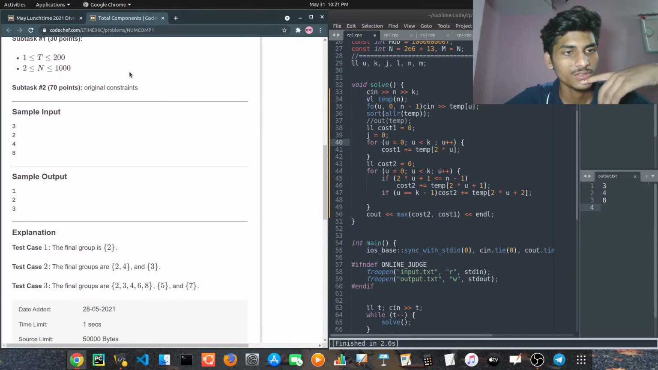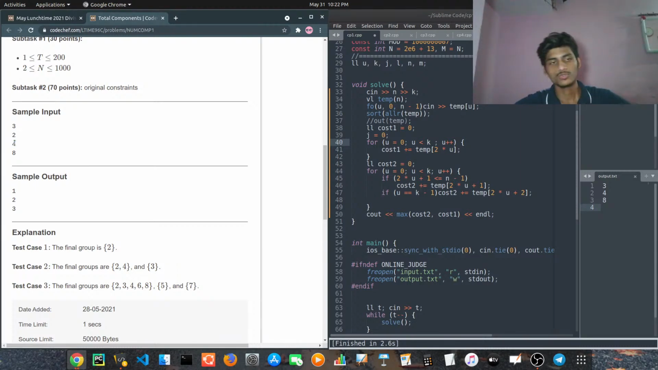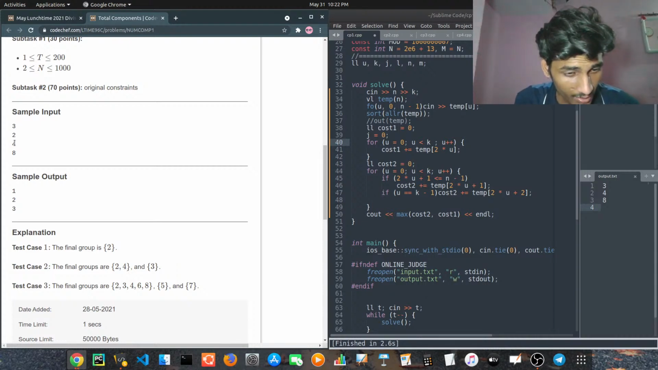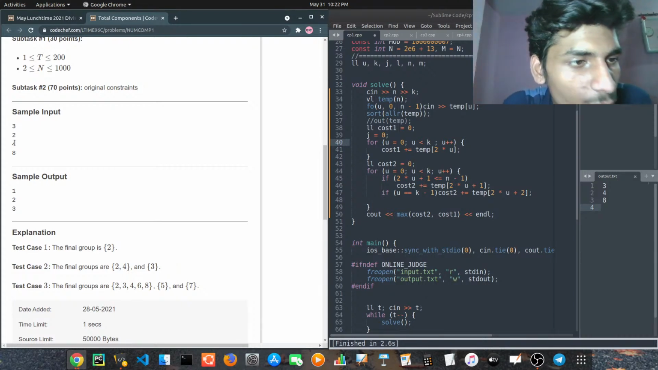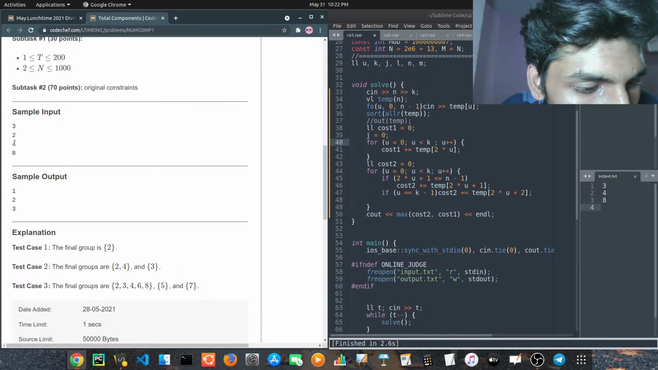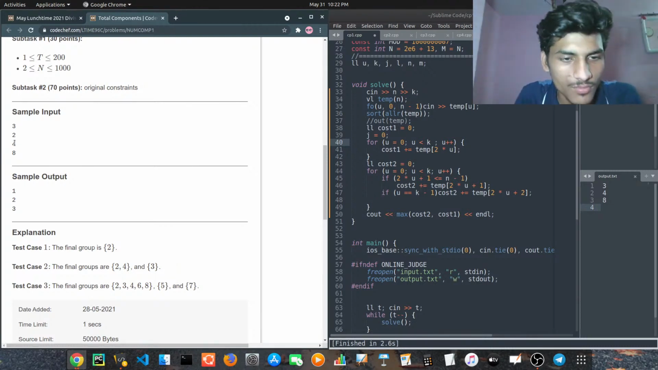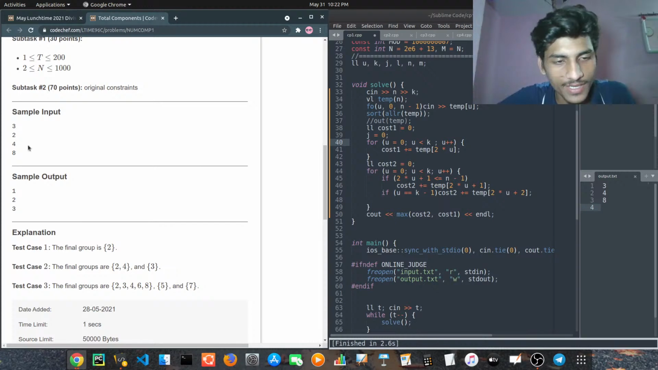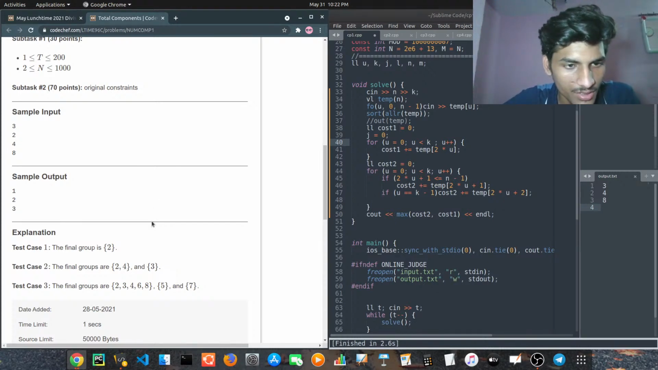Okay, so this is 2. It means the final group is 2, 4. That means there are 1, 2, 3, 4. And 2 and 4 have the same group. For 8, the final groups are same factor. Same factor means